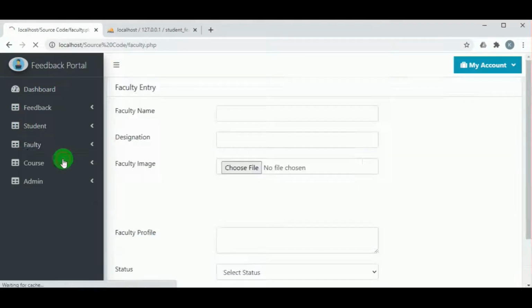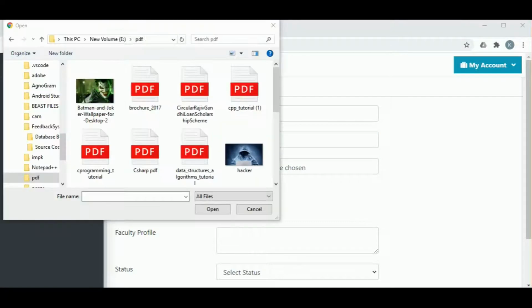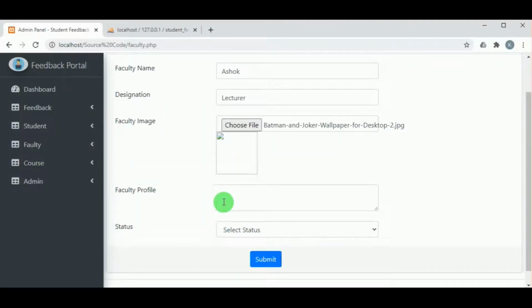Under faculty, the admin can add the faculty by mentioning the faculty name and the designation of the faculty. The image of the faculty must be uploaded. Then the faculty profile must be mentioned.